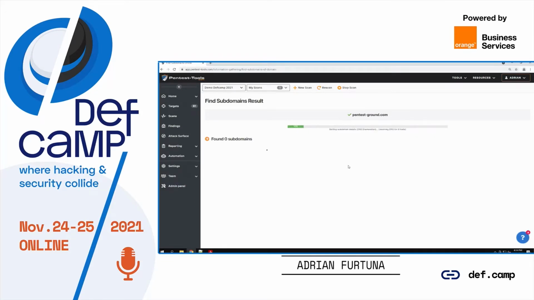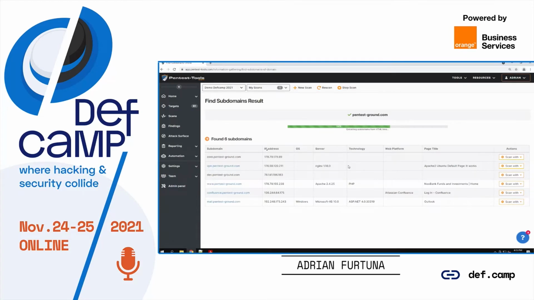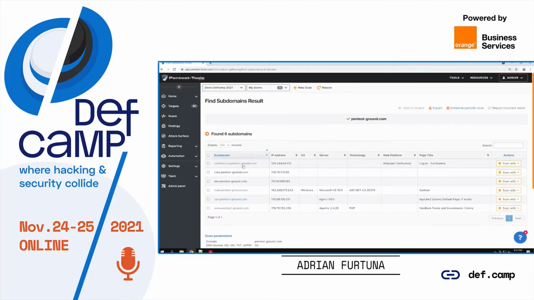This should finish pretty quickly because there are not so many targets here. And you can see that the tool also validates the subdomains and translates them to IP addresses and gives some brief information of the types of services that are running there.